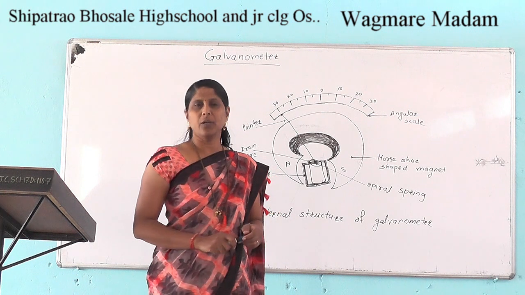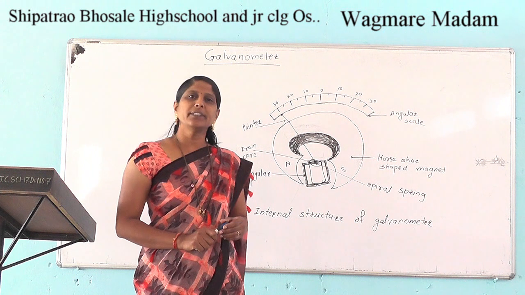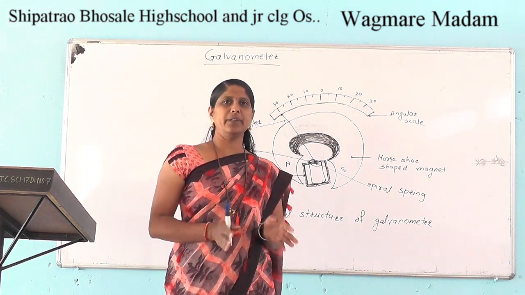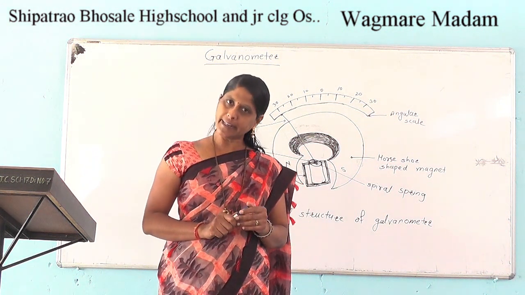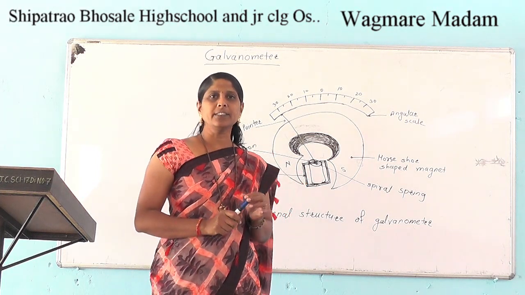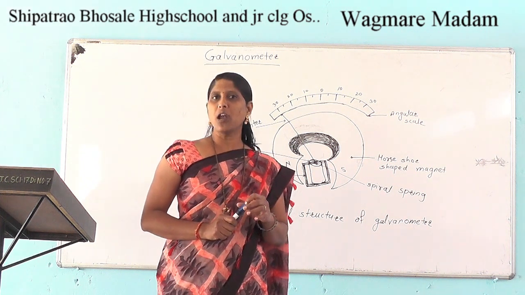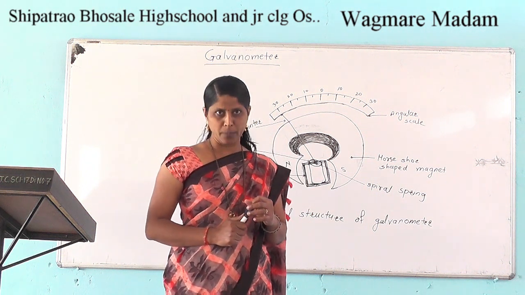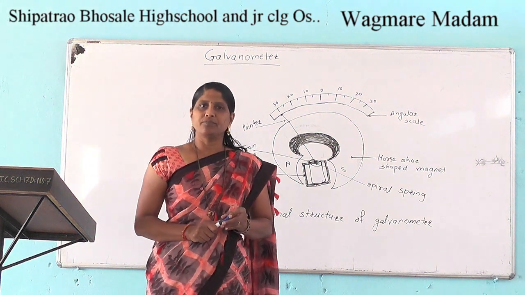We know the galvanometer is also used. The galvanometer is used to measure a small current in an electrical circuit. Ammeter and galvanometer both are devices which are used to measure electric current. But an ammeter is used to measure a large current in amperes, whereas where we have to measure a small current in microamperes or milliamperes, we use the galvanometer. So the galvanometer is a very sensitive device.